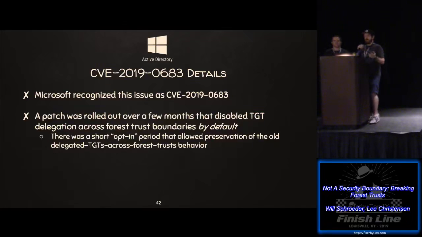Right. So some of the details on what they actually did and why we think this is such a cool example of really killing the entire fundamental issue instead of just putting a little band-aid over it. After they officially recognized it, they rolled a patch out over several months this year, and they did it in multiple steps. In general, what it does now is it disables TGT delegation across forest trust boundaries by default. And the cool way they did it is there was an opt-in period where